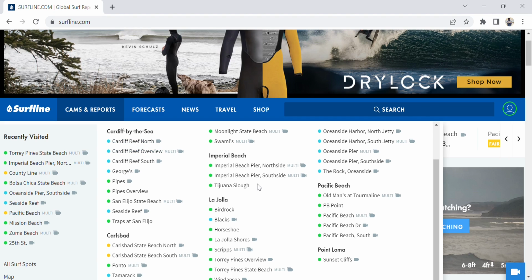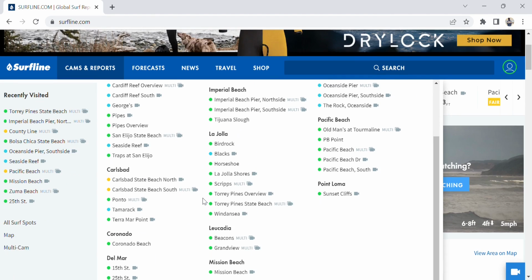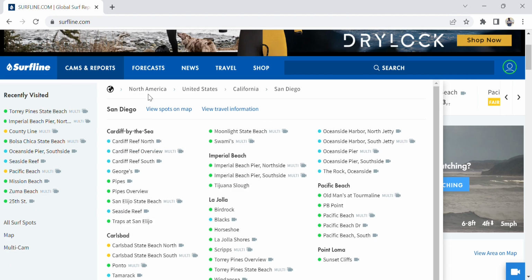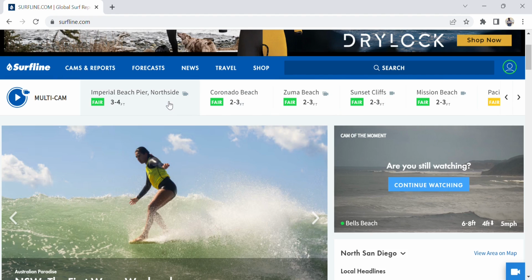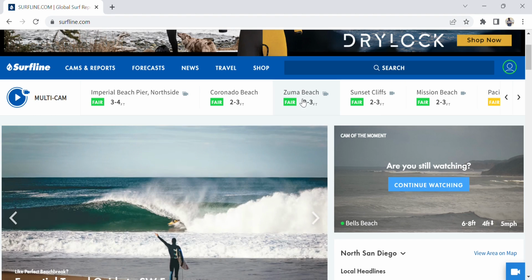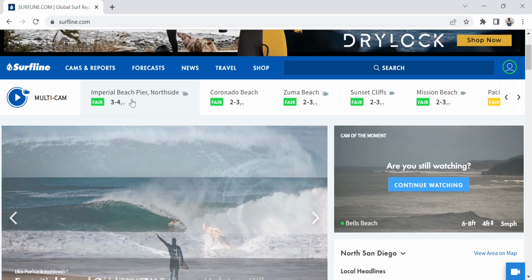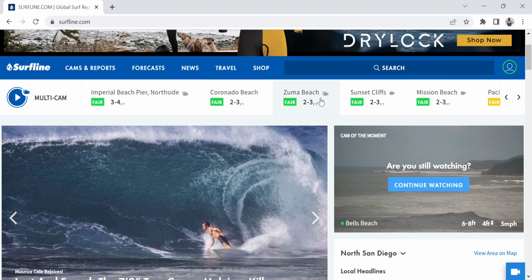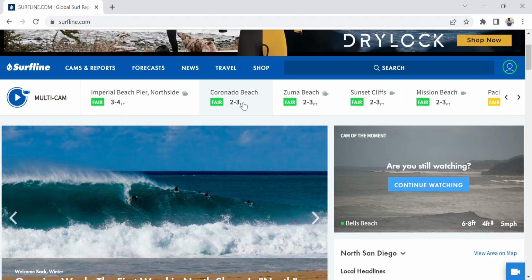it doesn't show which ones I have favorited here. On the mobile version, when you come into the page, it does, but anyways, I have all my favorites here. That's how it will show up. It'll show up a little different on your mobile screen, but this in general shows you the rundown of what conditions are right now. So 3 to 4 feet at Imperial Beach,